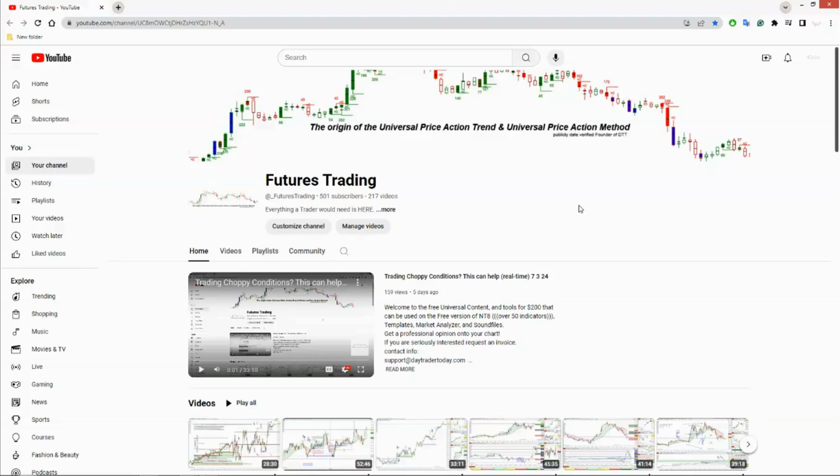I know a lot of people on YouTube claim they're reading price action, but the chart isn't moving. The key word is action, so it needs to be something taking place. And I want to make sure that you understand I'm offering real-time information here. There's a lot of real-time video. I'm going to do real-time today, of course, and